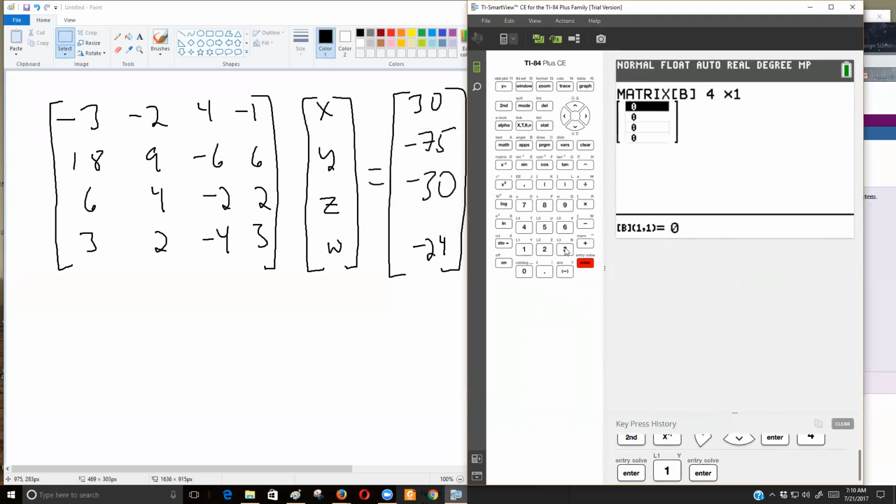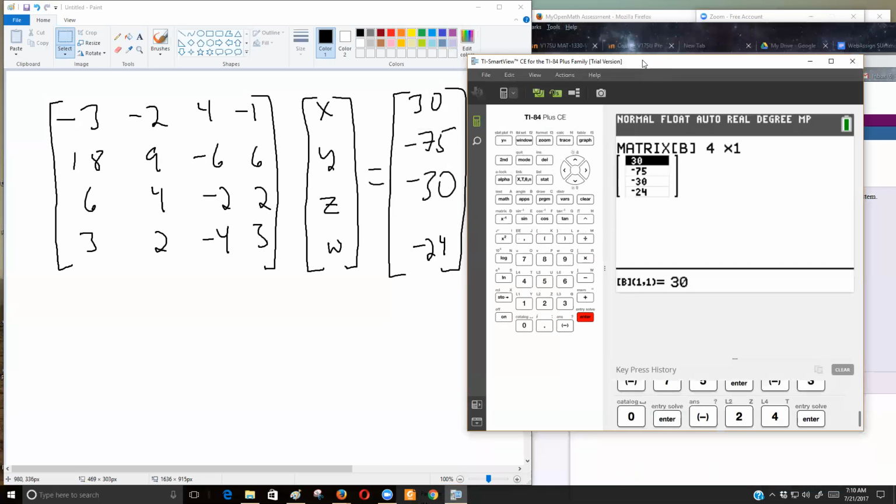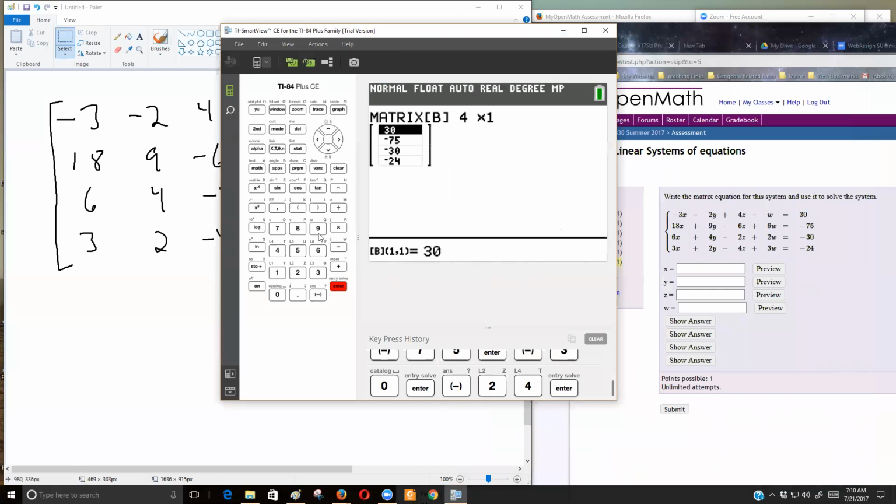And we're going to do 30, -75, -30, and negative 24. And I think I've got those all in right, yep. I should make sure that I copied these down correctly off the problem. Yes, I did. Okay, so now we're going to quit this screen,